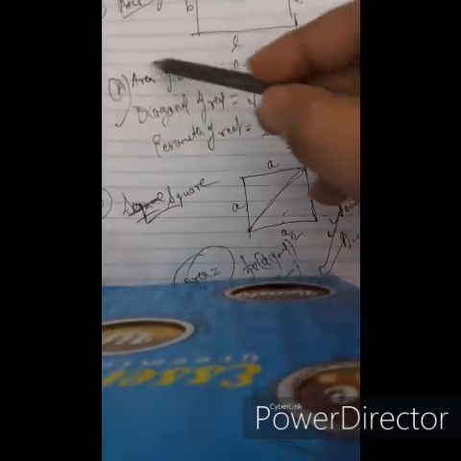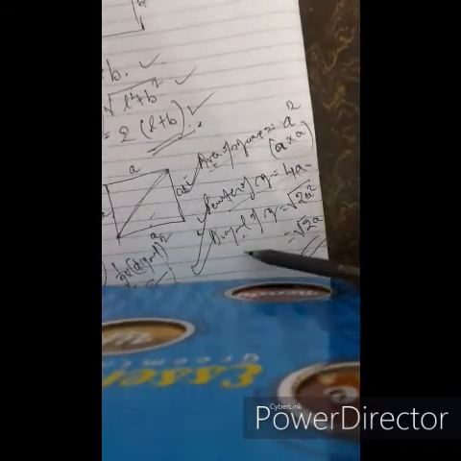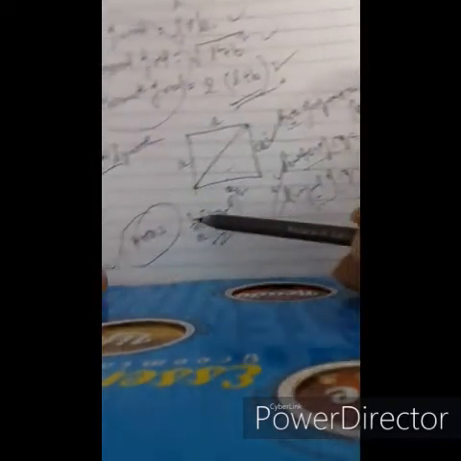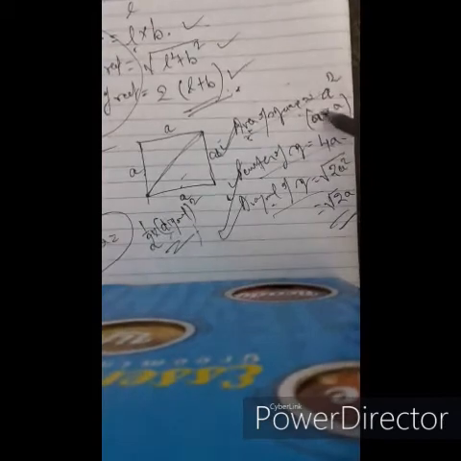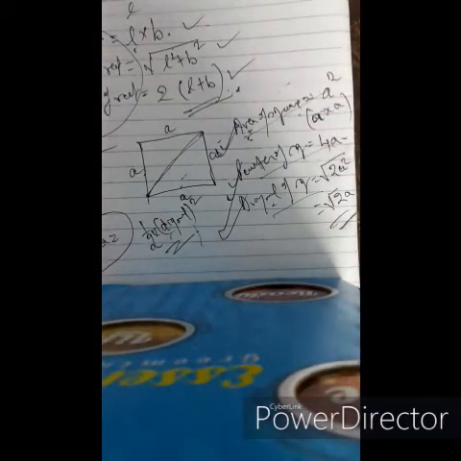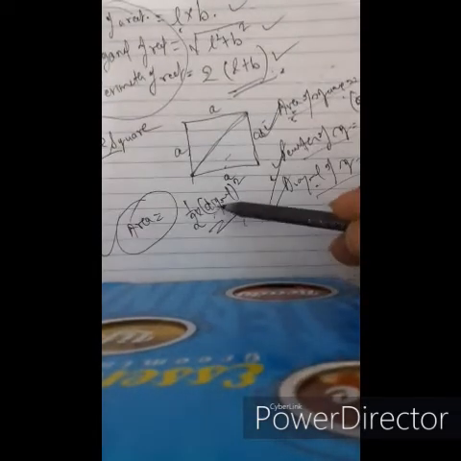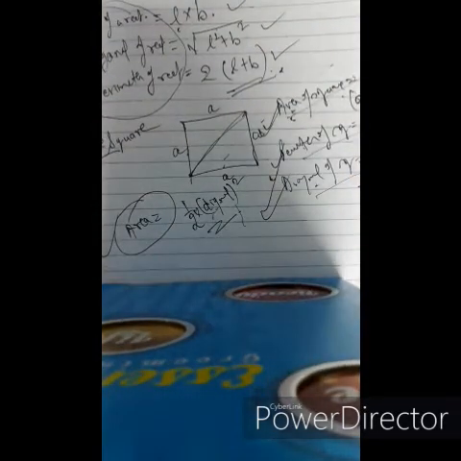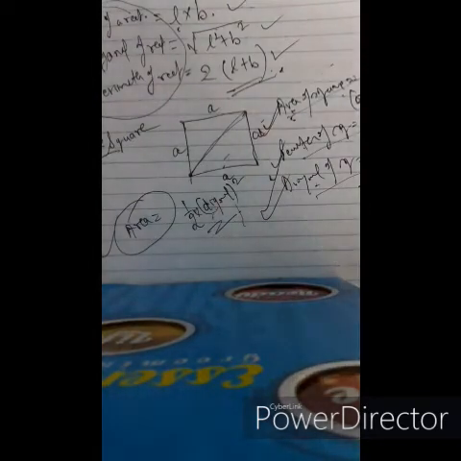So you have to remember these four formulas regarding the square. For the rectangle, we have these three formulas. For the square, we have these four formulas: area of square, perimeter of square, diagonal of square root 2A, and also area of square can be found out by two methods, that is A square, that is side square, and also half into diagonal square. These are the two methods of finding the area of a square. So now let us take a look at a problem.